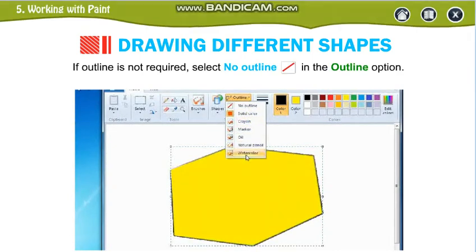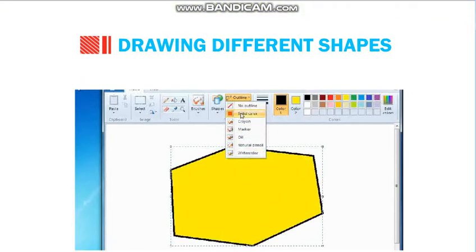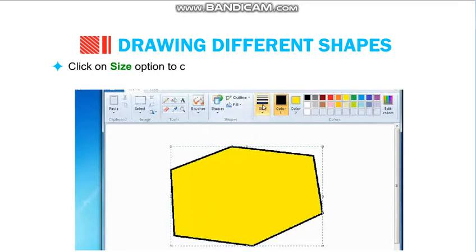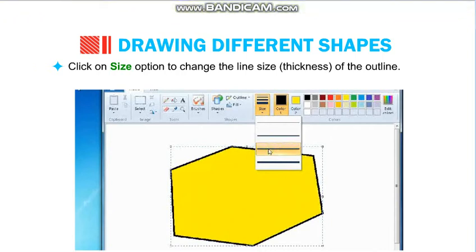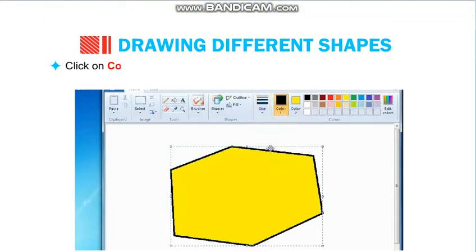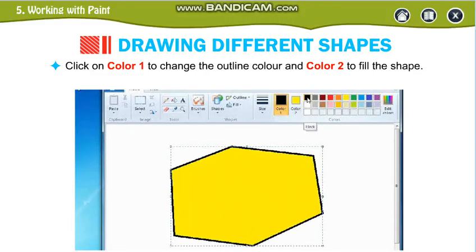No outline, so the outline will be removed. If we click on outline, the outline will be there. Now we can set the size of the outline. See, the thickness increases. Color 1 is used to change the outline color and color 2 is used to change the fill color.